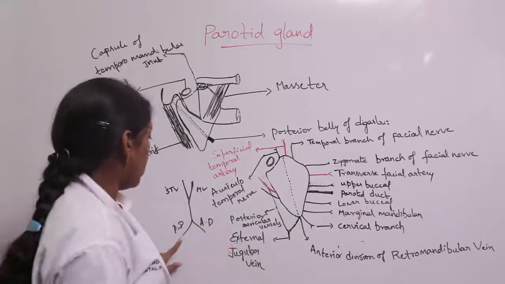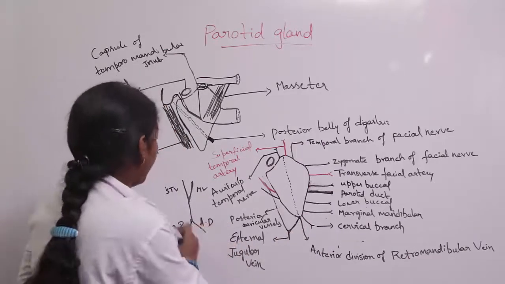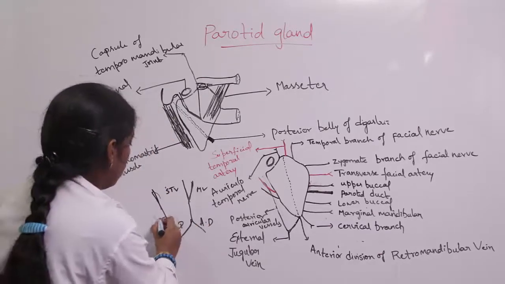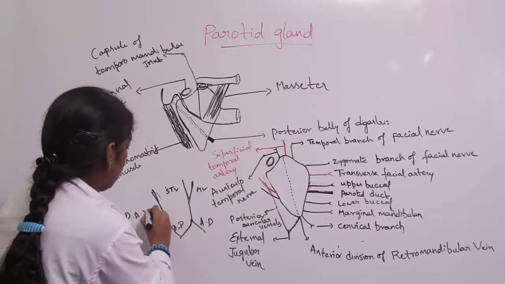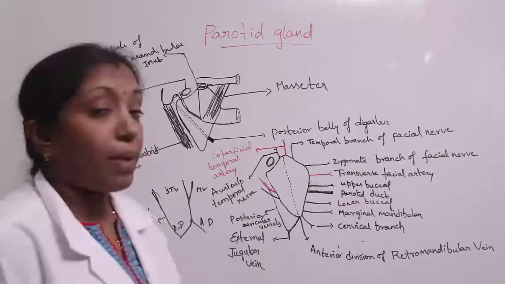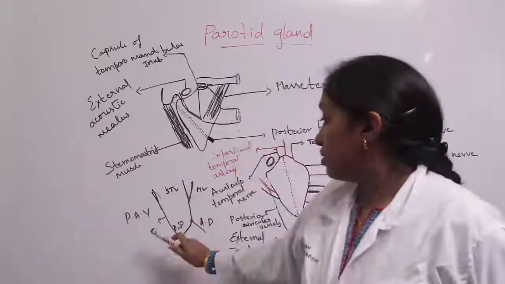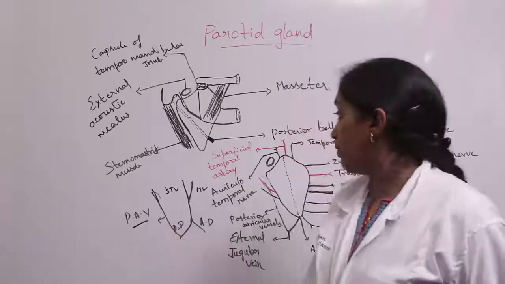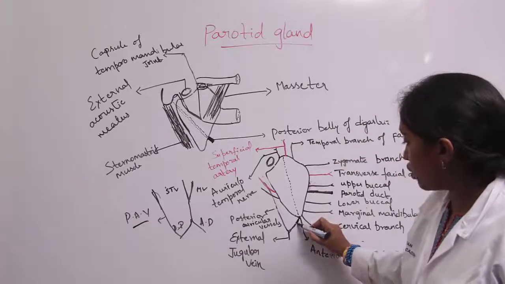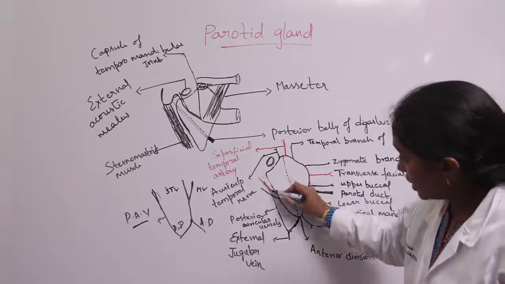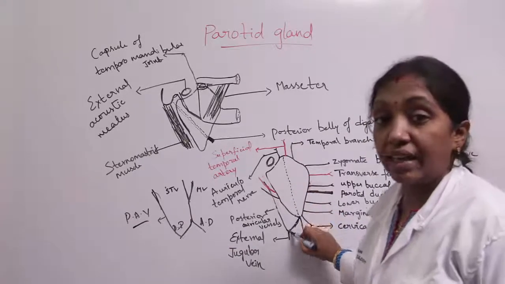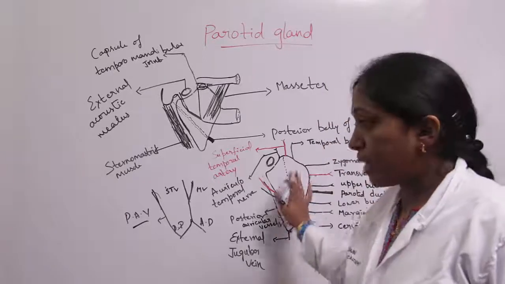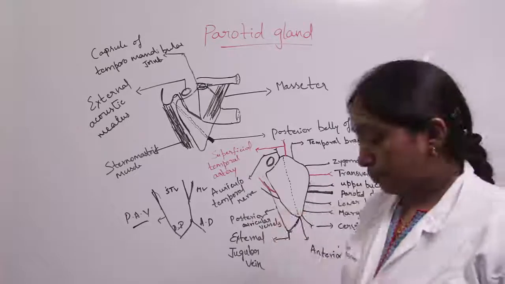And the posterior division of the retromandibular vein combines with the posterior auricular vein. Here we can see the posterior division of the retromandibular vein combines with the posterior auricular vein to form the external jugular vein. So from the apex, three structures emerge: